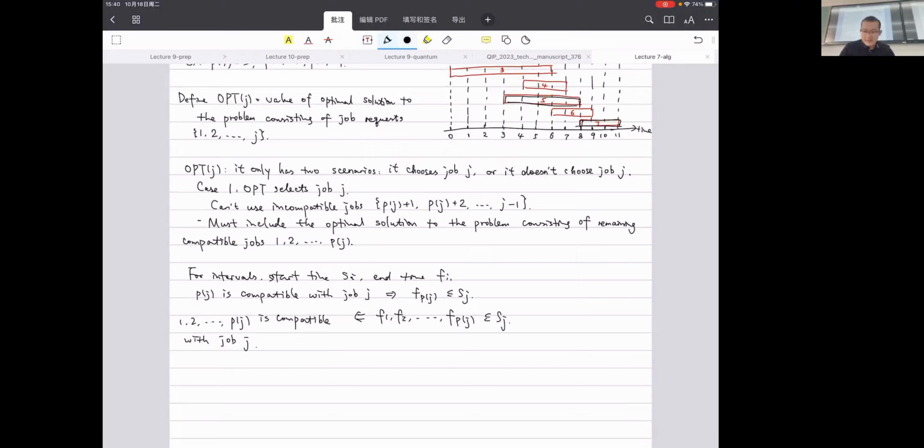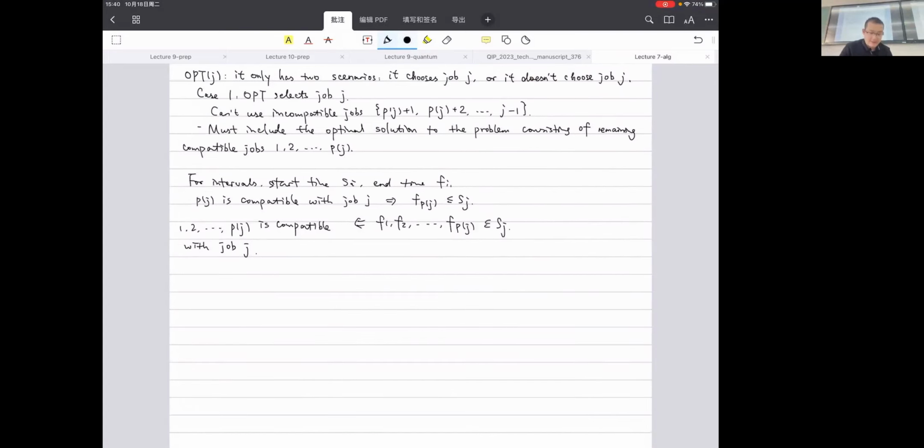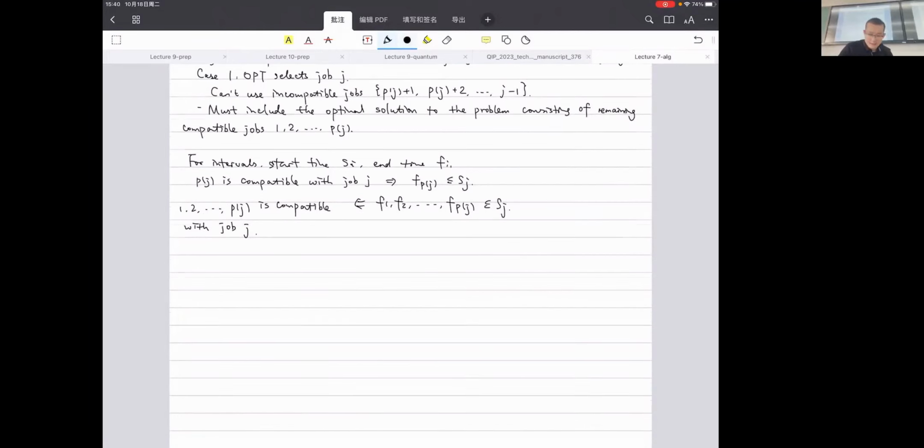So that is basically saying that in general we are talking about the optimal solutions that we are going to use here. The optimal solution definitely has two cases. This sentence is a trivial sentence: it either chooses job j or it doesn't. But as long as your optimal solution chooses job j here, we are pretty sure that we don't have any further restriction on the intervals 1, 2 until pj here. So basically in this case, we know